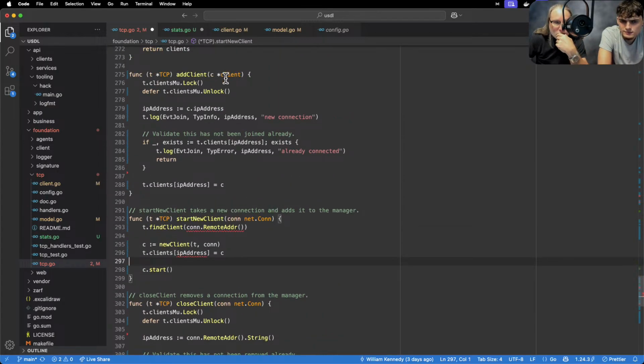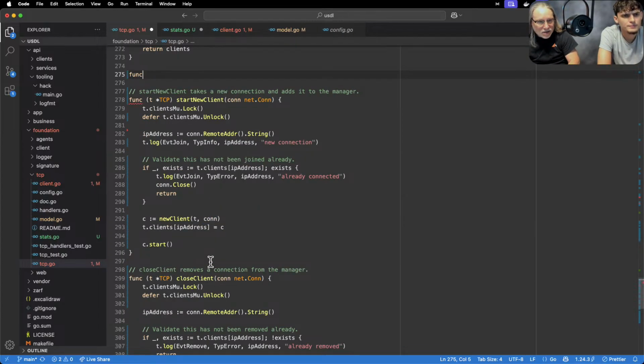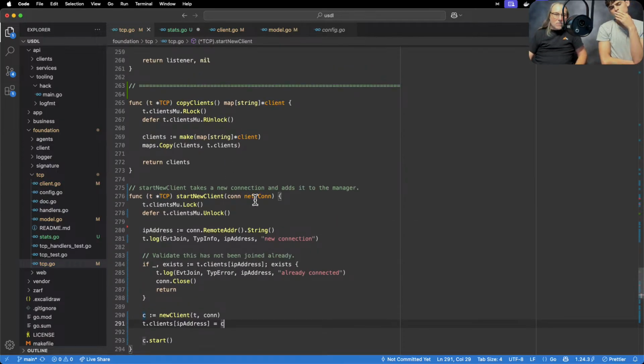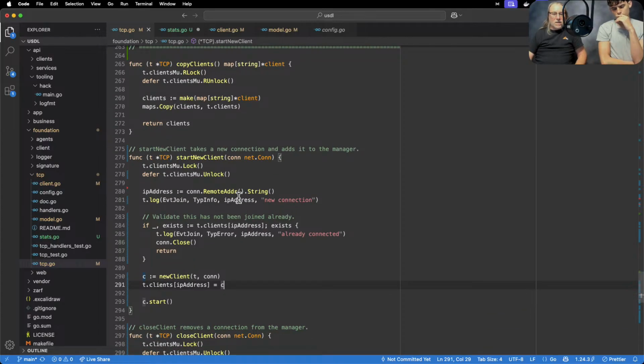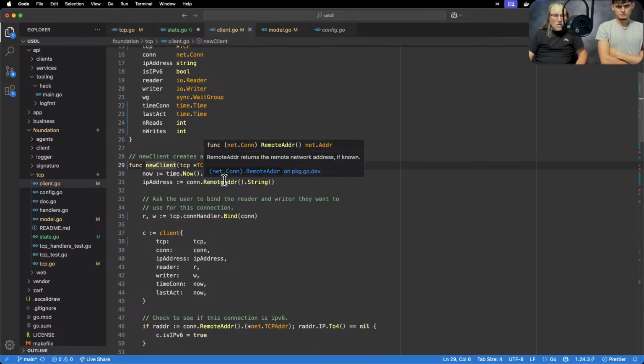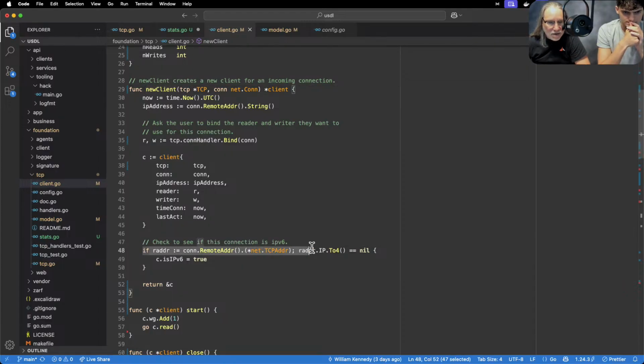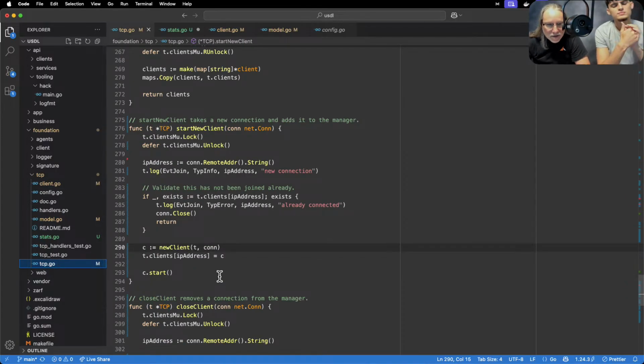So we could do this add client. We're given a client. I have its IP address, but let's go back to this. You also now have situations where in some cases this is raw. We're starting with a network connection. And what happens if I go to this? Here we're just working with... now this is actually bad code. This code could panic. It assumes that all remote addresses are net TCP. If that's not the case, it would panic here. But this is the code that gets us out of the other problem, because even though it's bad,